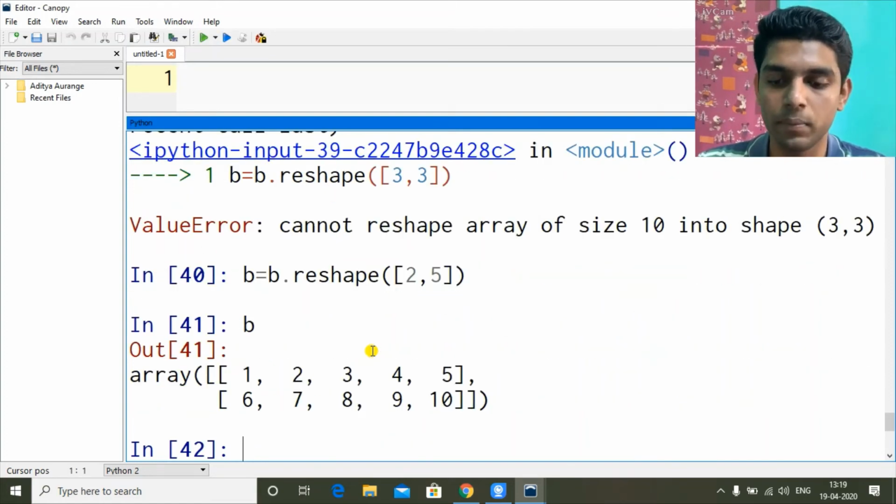So reshape. Now you are given a question like create a 5 by 5 array of all the odd elements starting from 1. 5 by 5 array of odd numbers starting from 1. So there are two parts.